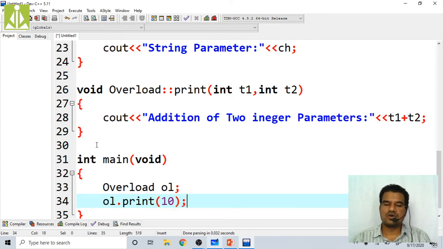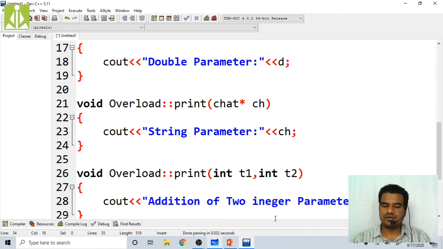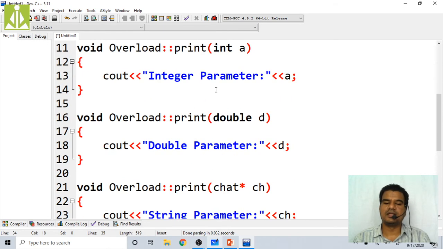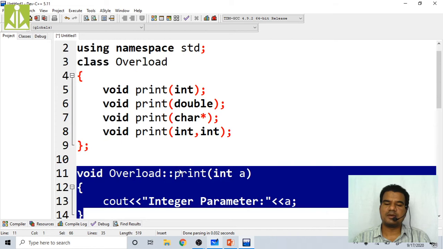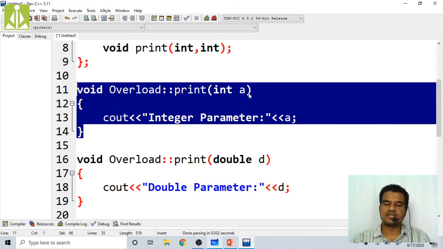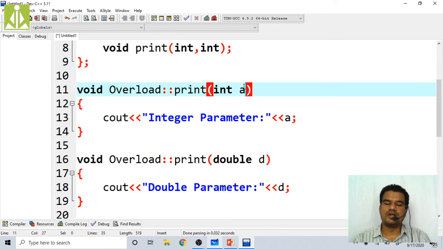We have four function calls: addition of two integers, string, double, integer. This function call gets invoked because we are passing only one integer parameter and that integer parameter is matching here. So the 10 will be copied into this a, and the same thing you will get on the output screen.